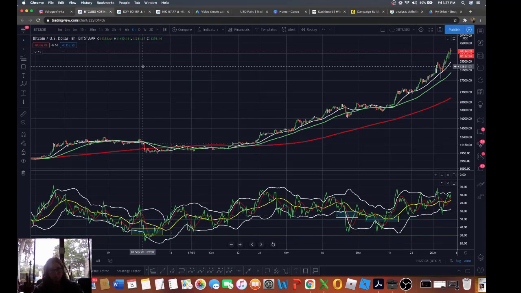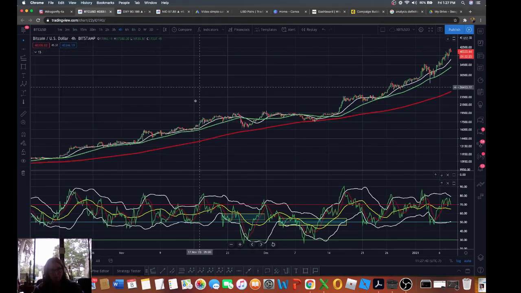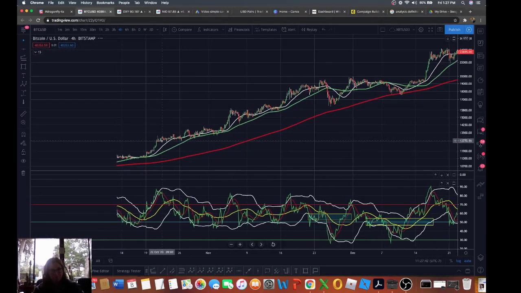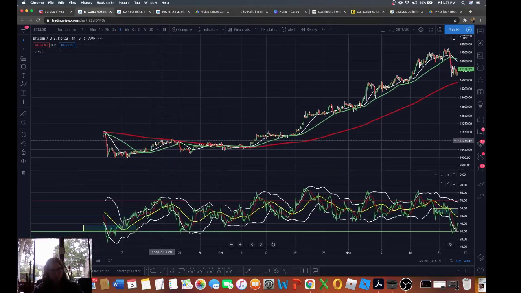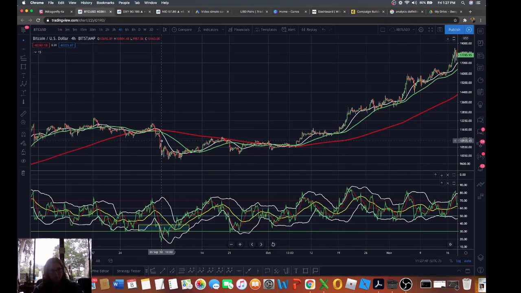So the further you go down in time frames, the more signals you're going to get. We had a signal here on the 4-hour. We had a signal here on the 4-hour. We had a signal here, here, here, here,